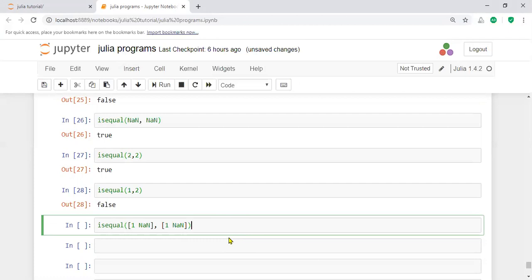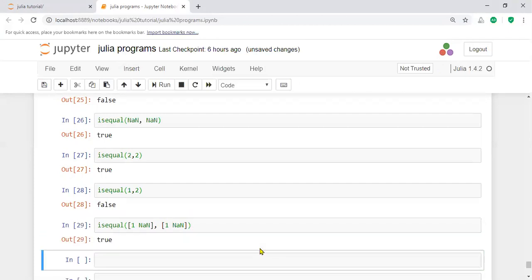I am taking two arrays, two vectors, like 1 2 3. These are correct vectors, and the result produces a true value, since both are equal.